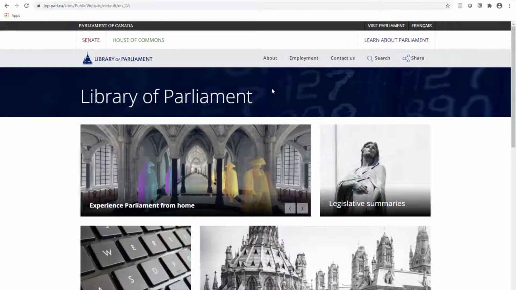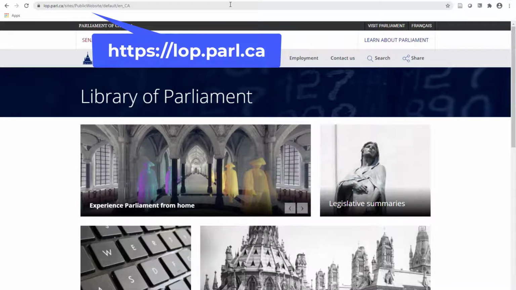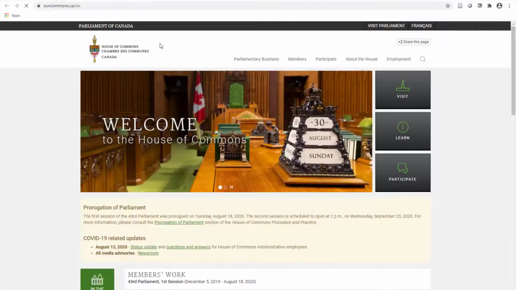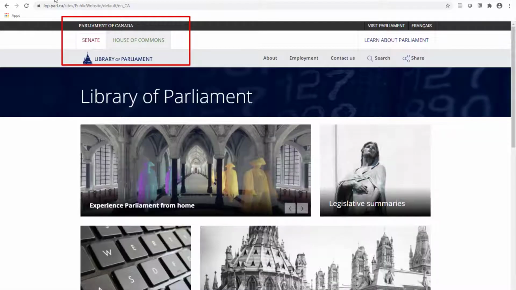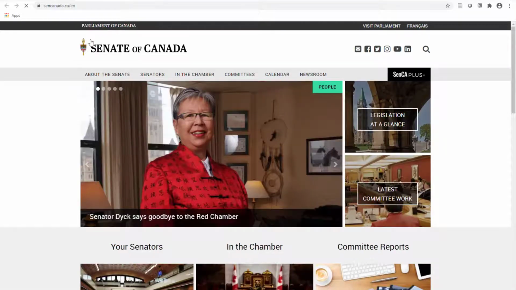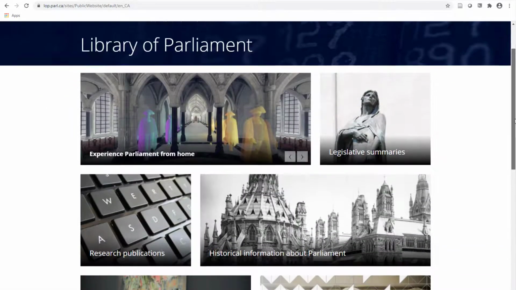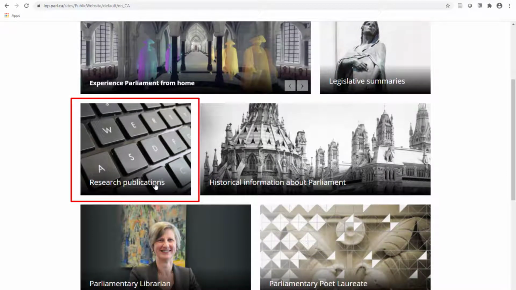Our third strategy is to search the Library of Parliament website. Go to the website at https://lop.parl.ca. Here we can see that we can access government documents from the House of Commons, the Senate, and we can also search research publications that are published on a variety of public policy issues.